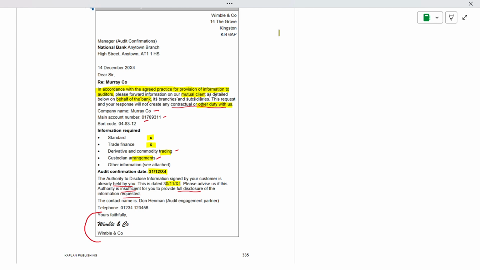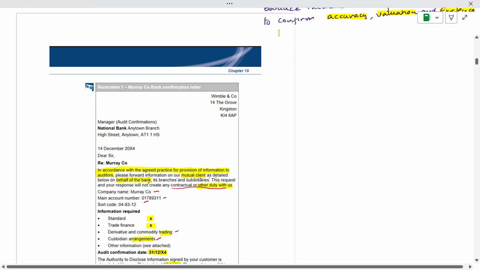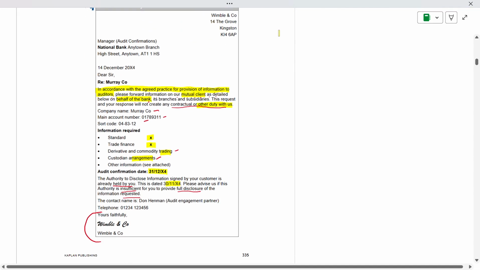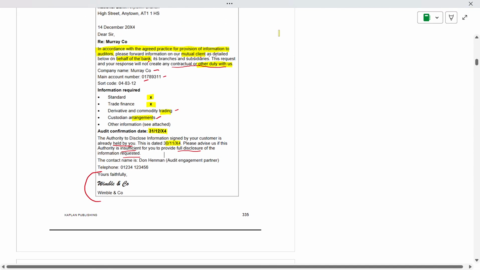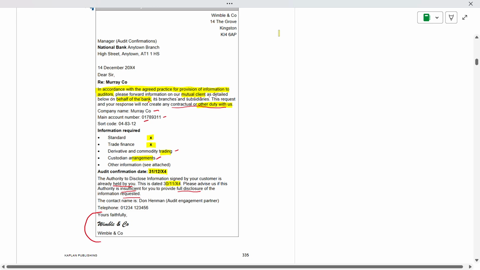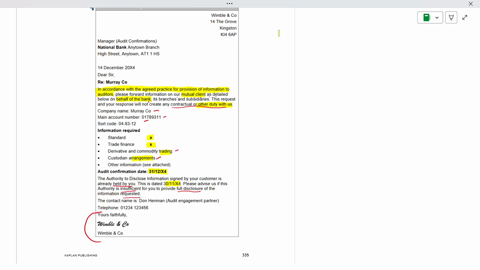This is what the auditor is sending to whom? The auditor is sending it to the bank. Are you clear about this? But they will ask us to accept. No way, what is the point? They will only see. The only thing that we should remember is